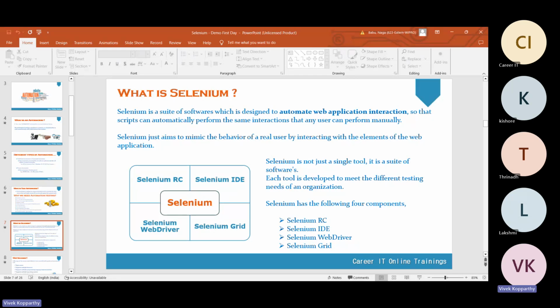Selenium is a software that can mimic human behavior.